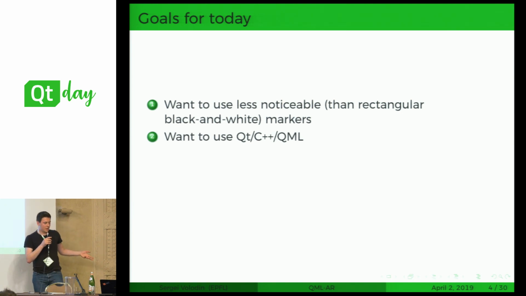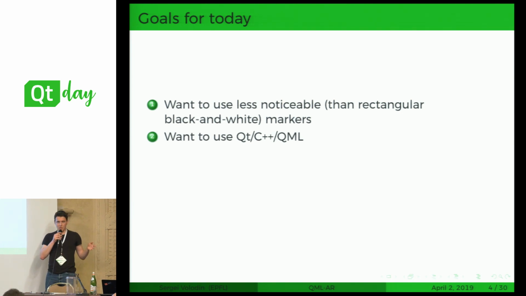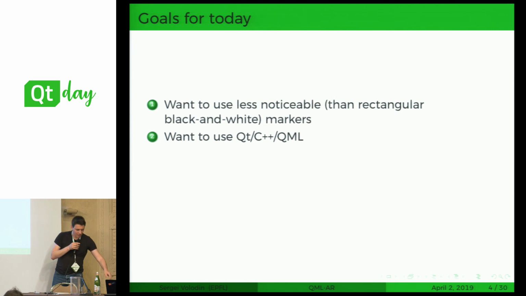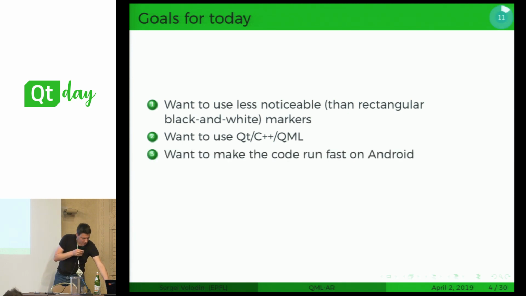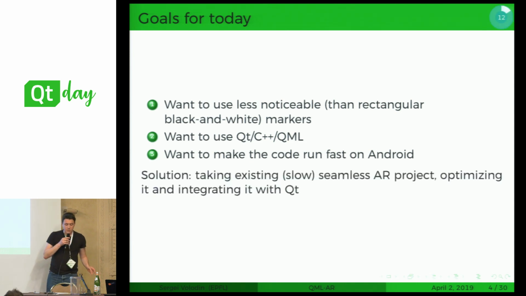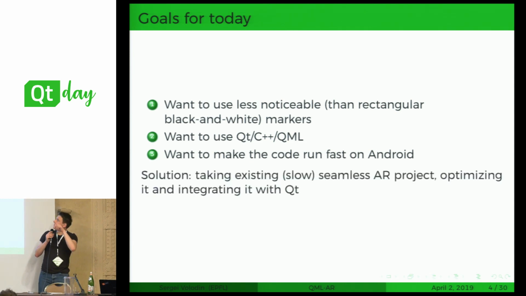This is one of the constraints because a lot of applications in the lab are already written in QML, and therefore we want compatibility. And another constraint is that we want it portable, meaning that we want it to run on consumer-grade tablets. And I forgot to say the most important part, that we don't want conventional markers,